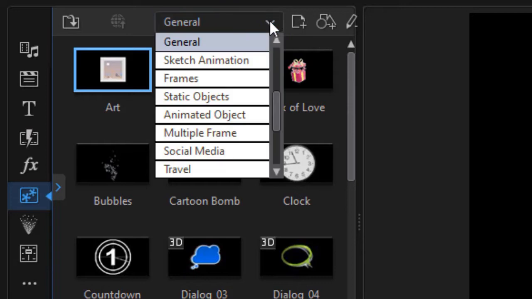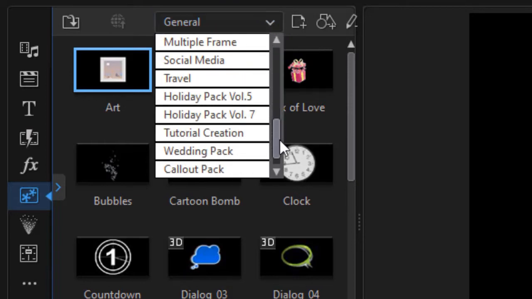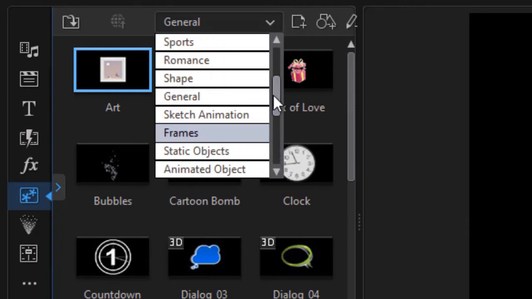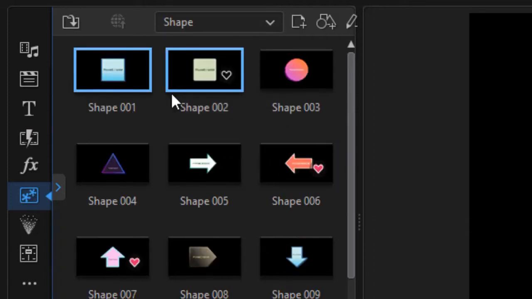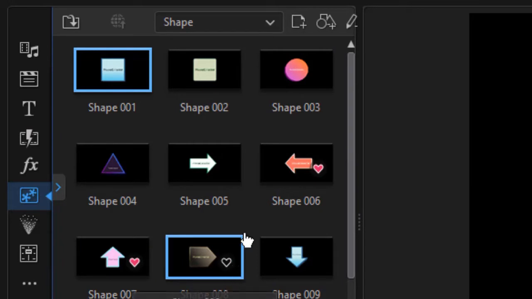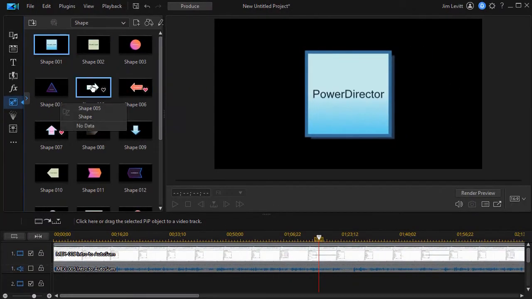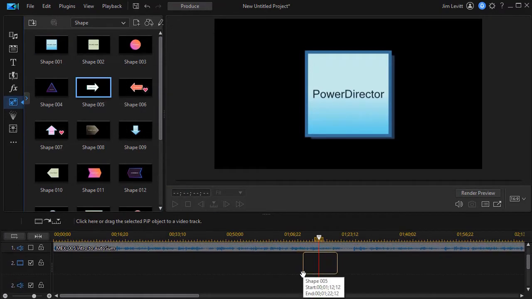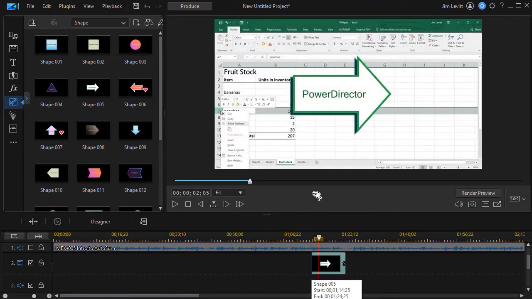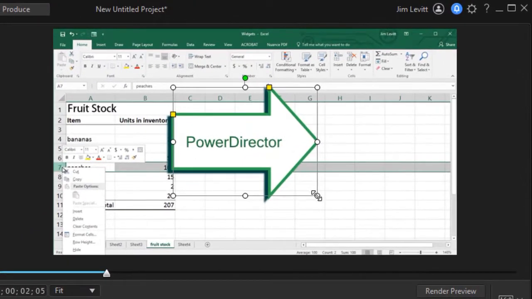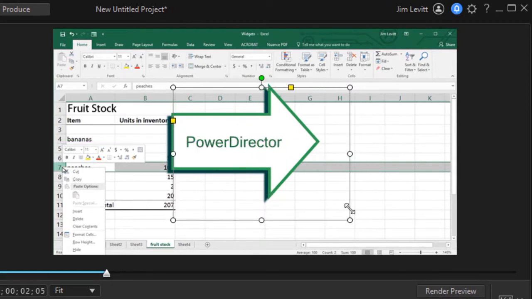I'm on the General tab now. I'm going to click down and we're going to take the subcategory in here that simply is called Shape. And here I have a group of shapes available, and you notice I have some familiar arrows. I'll take any one of them. Let's take the shape 05 and drag that to a video track above in the stacking order, default stacking order, above my video. I can simply change it by working with the corners, and that will change the size and